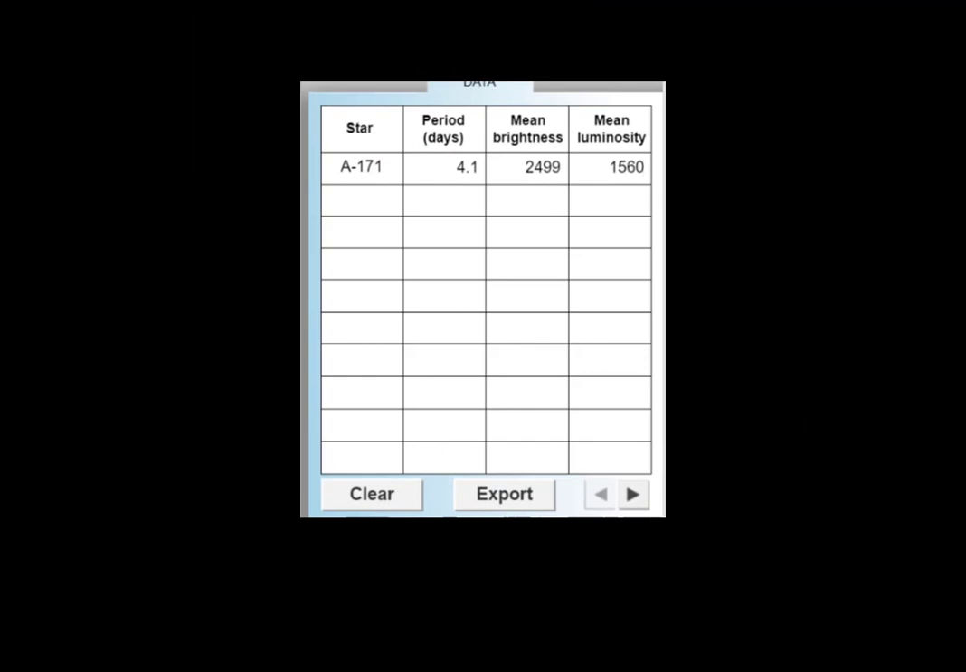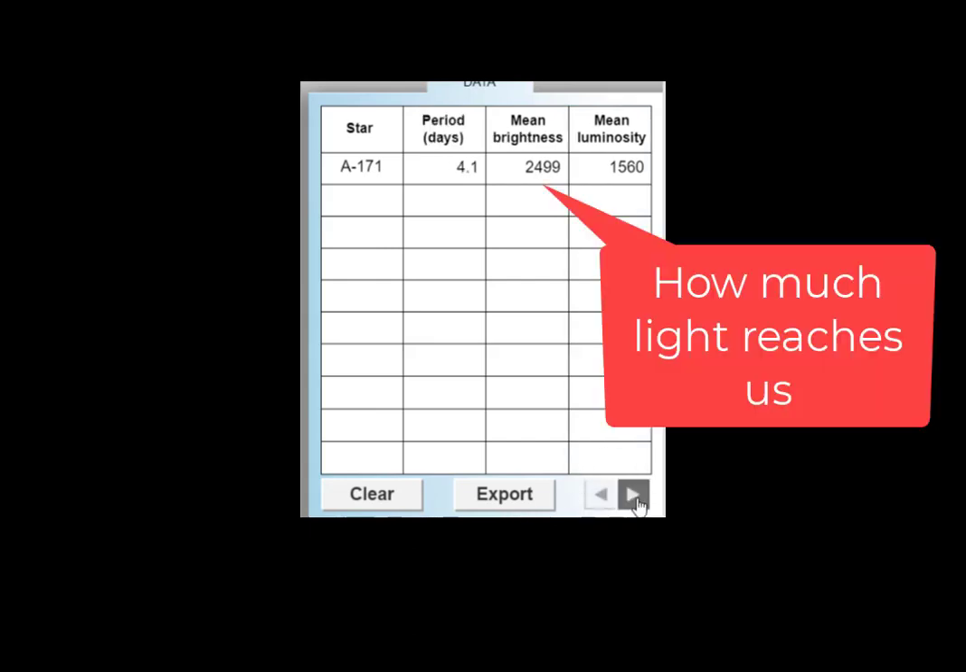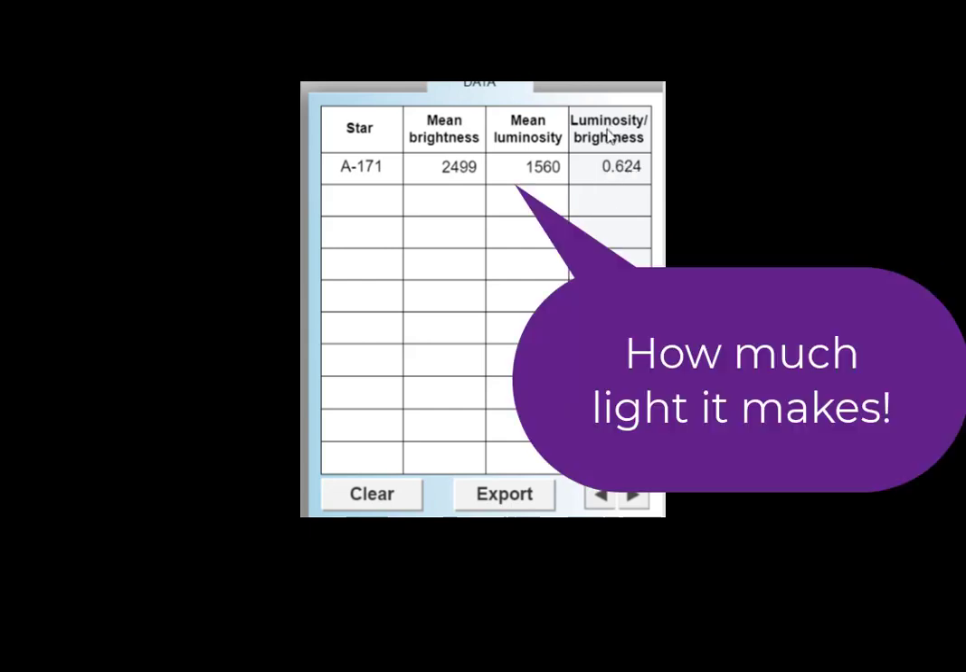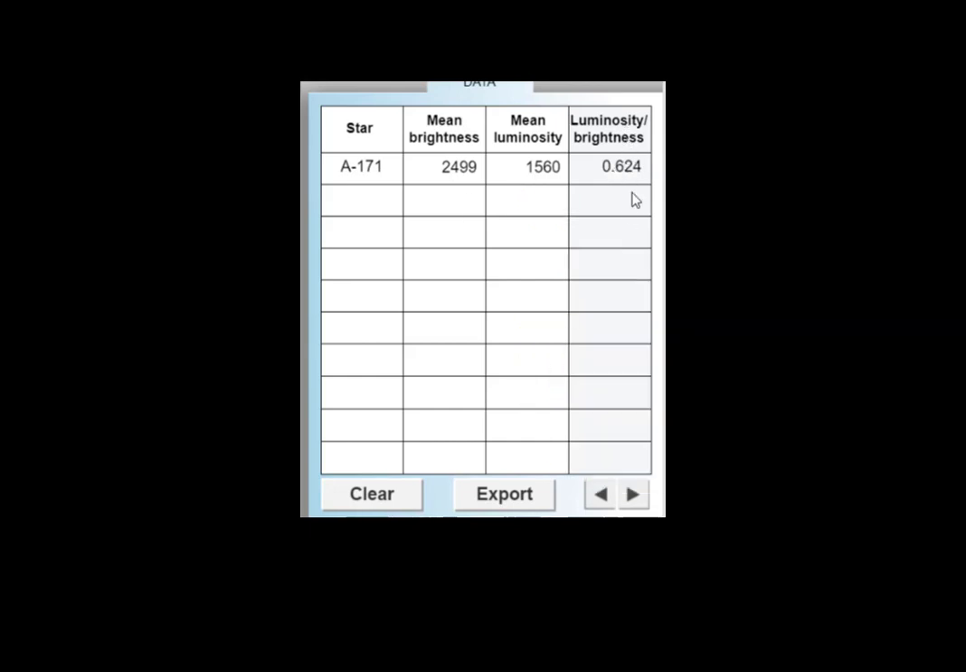average of how bright it looks in the sky, and the mean luminosity, which is how much light the star is actually making. So the mean luminosity is how much that is giving off, and the mean brightness is how much is making it to our eyes. Brightness can also be apparent brightness, which is how bright it looks, and mean luminosity can also be called absolute brightness,